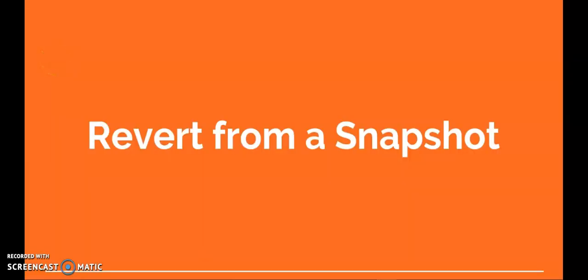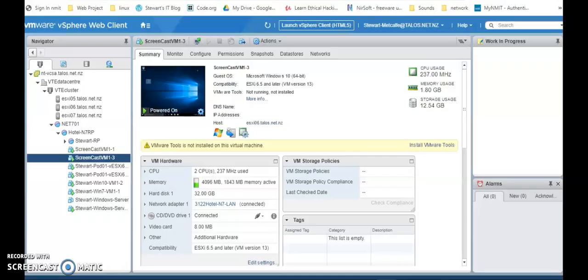In the next step, we will show how to revert back from the snapshot. This is useful if something happens to your virtual machine. If it dies and you want to restore it from the previous stage, you can just use a snapshot to rebuild the virtual machine. So we have a virtual machine which is up and running, but we installed some new software and it broke the machine, and we'd now like to